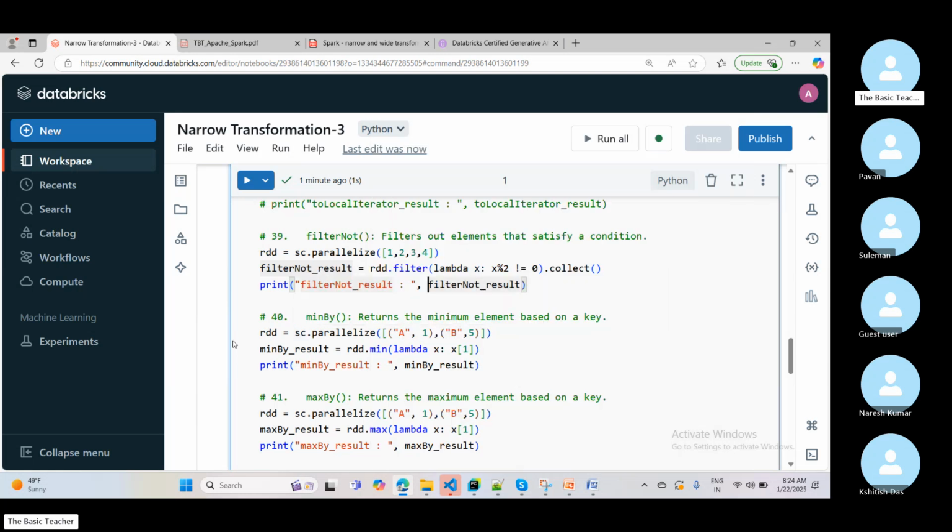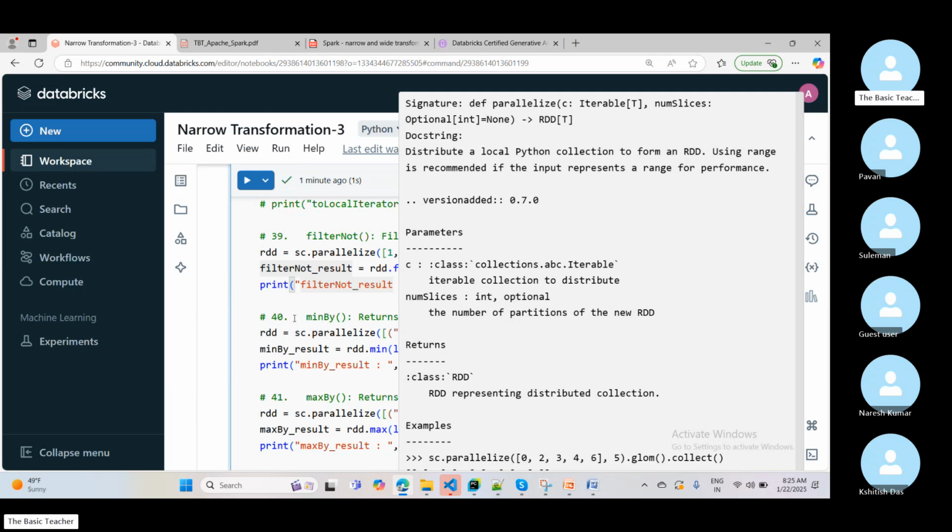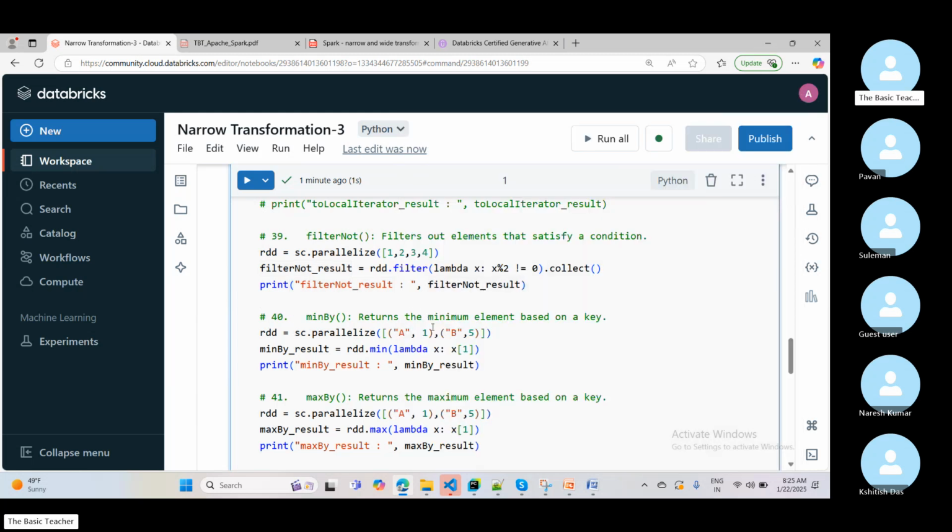But above you also saw you had min and max, and that was not working with the key. This is going to work with the key. So you have that, which means a paired RDD. So this is A and A1 and A2 type. Here also you have the same data. If you are doing minimum here, then here you are doing maximum. So if we run this,